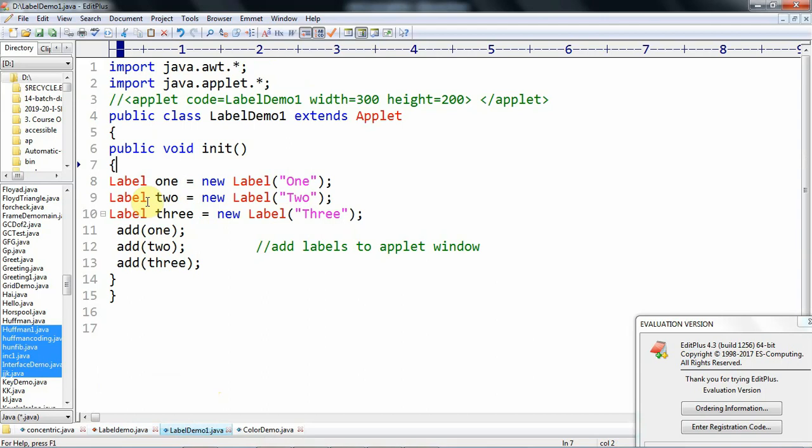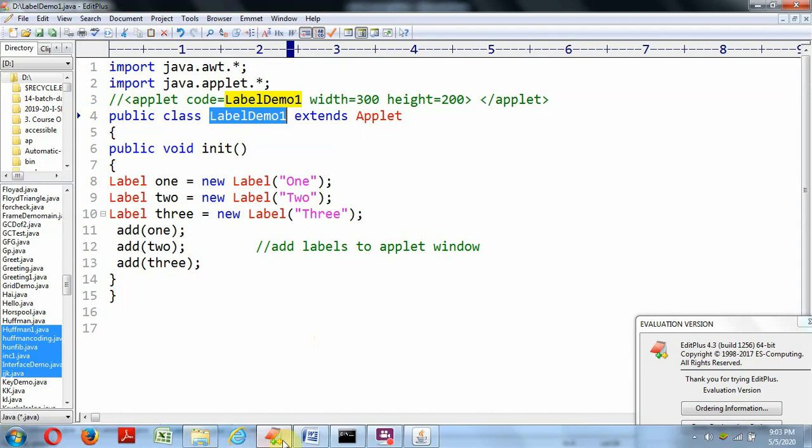Here there is no need to set the layout manager. The default layout manager for an applet is flow layout, so that's why we didn't set the layout manager. By default the flow layout manager arranges these components from left to right and top to bottom. Now we go to execute this one also.